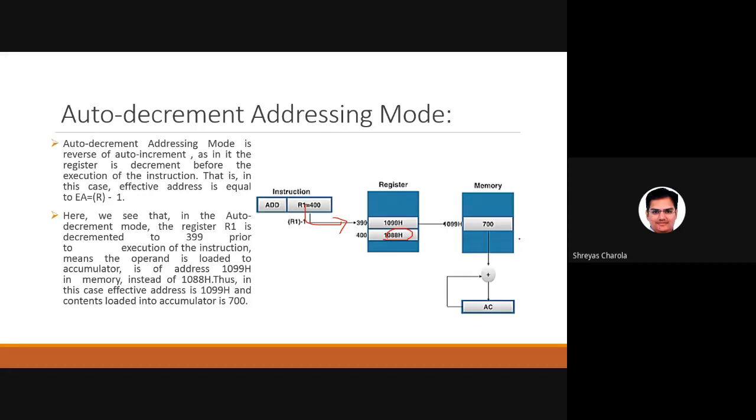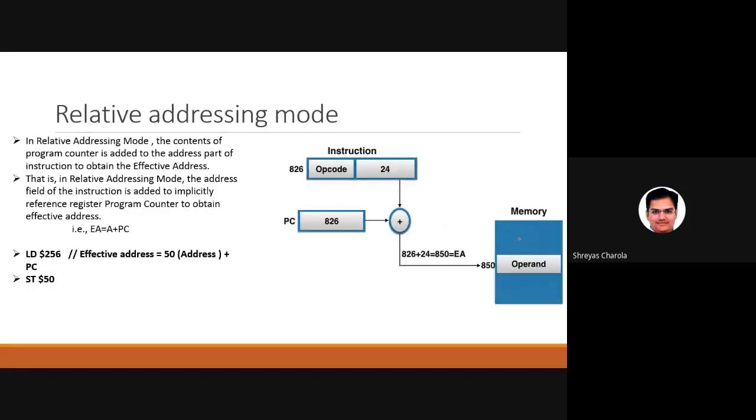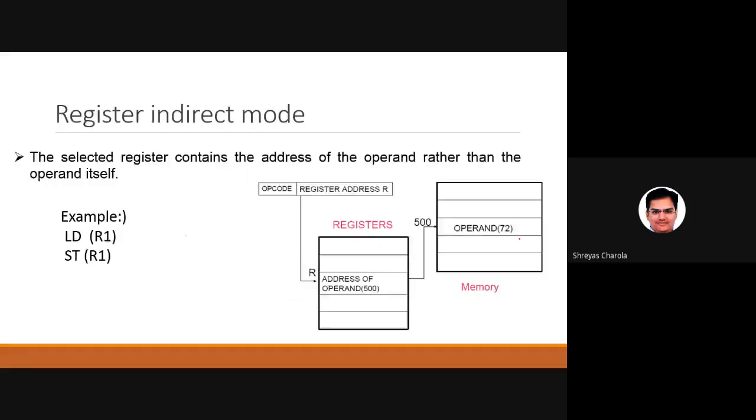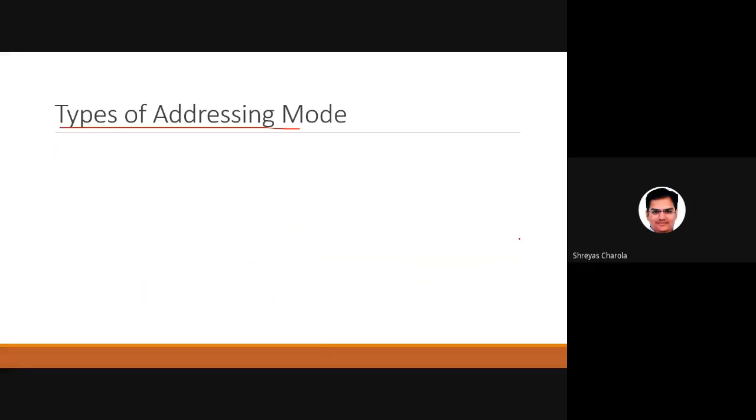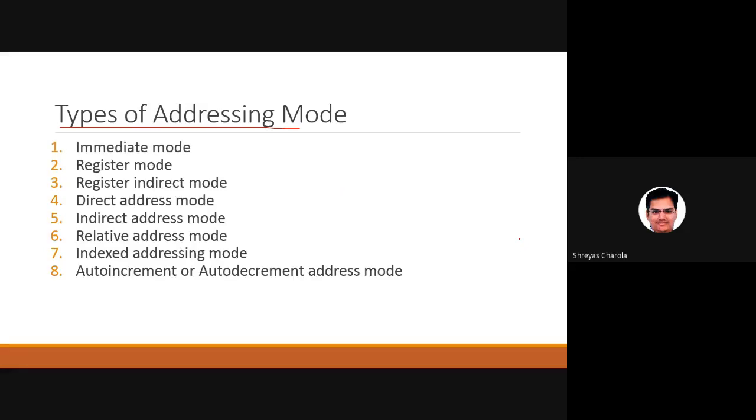So these are the different types of addressing modes we have. First, immediate. Second, register direct, indirect, direct address, indirect address, and auto increment, auto decrement, then relative address, and the index addressing mode. Total, how many addressing modes do we have? Total 8 addressing modes. In the exam, if the question is to write the types of addressing modes, you need to write them with a diagram and one example. So you can get full marks for that particular question.